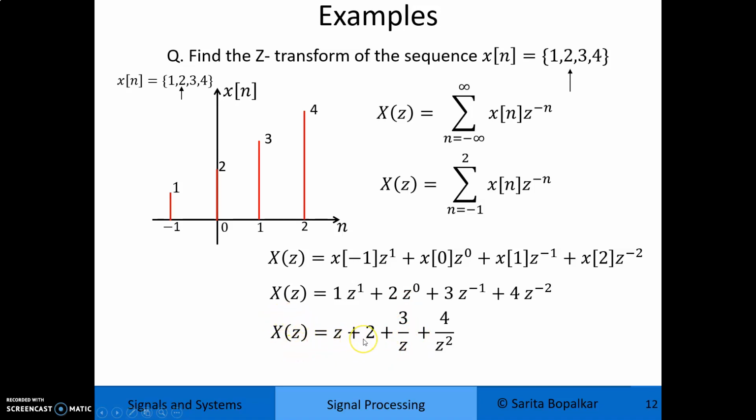And for other values of z, this x of z is finite. So ROC is the entire z plane except z is equal to 0 and z is equal to infinite. Entire z plane means all the values of z except z is equal to 0 and z is equal to infinite. This x of z becomes